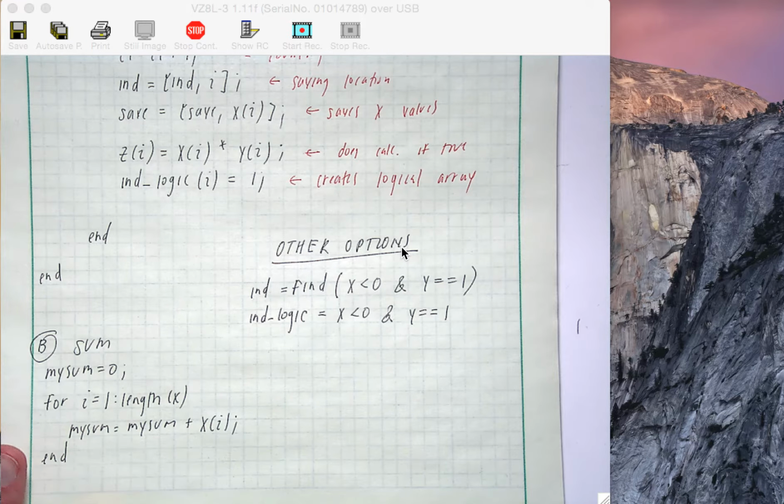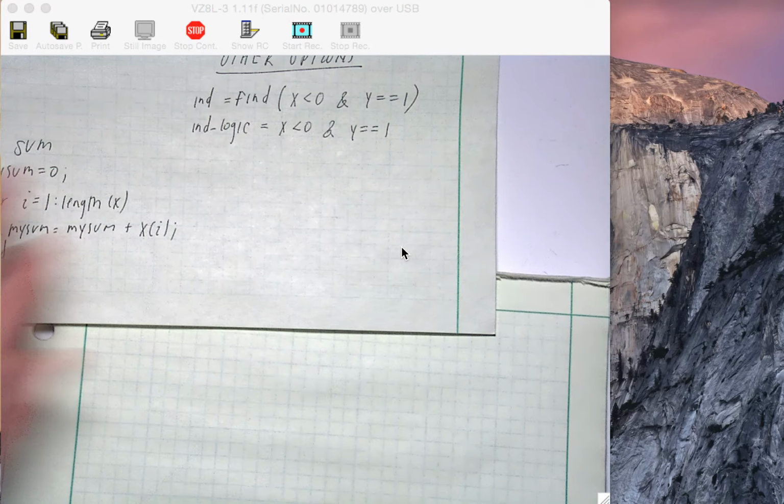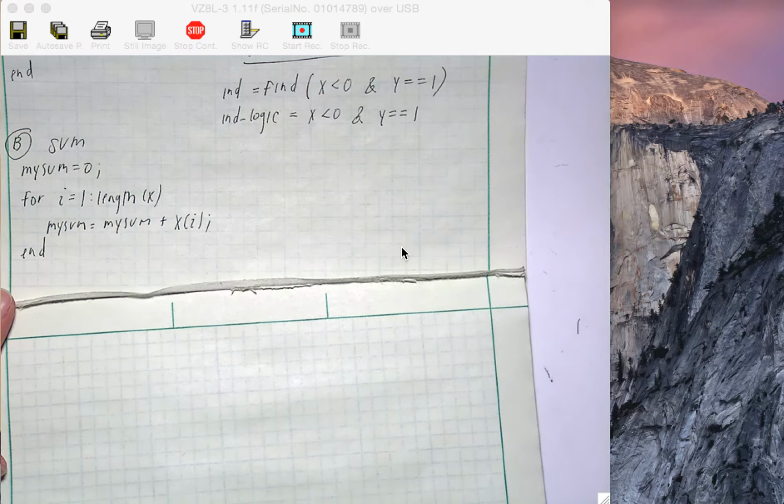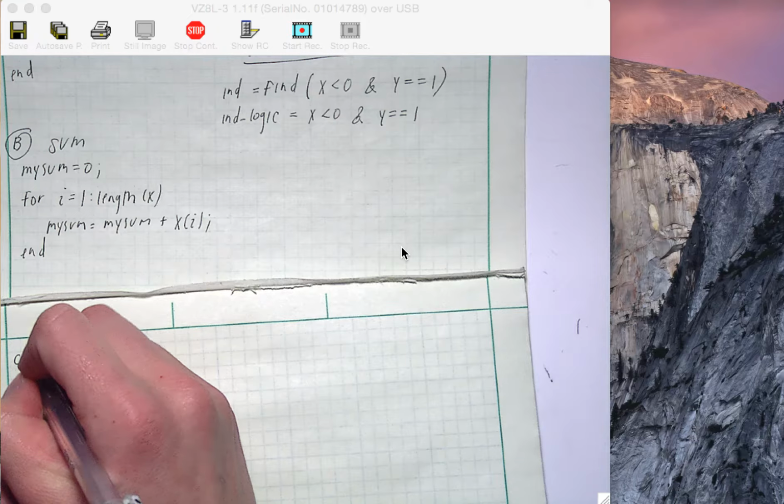There's no other way to write a sum algorithm. It's the only way to write one. And the only other alternative is using the intrinsic sum function, which you will be explicitly told whether or not you need to do that on the exam. Any questions about the sum or the find? Okay, the next one